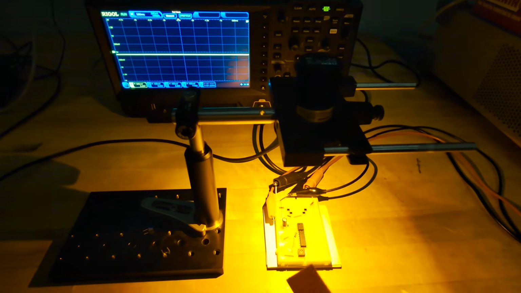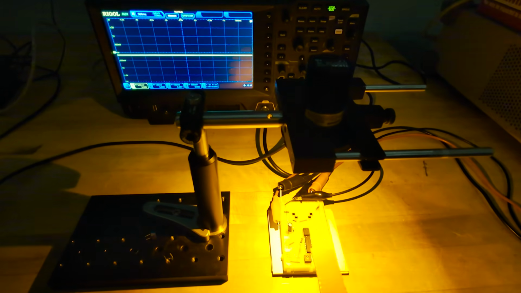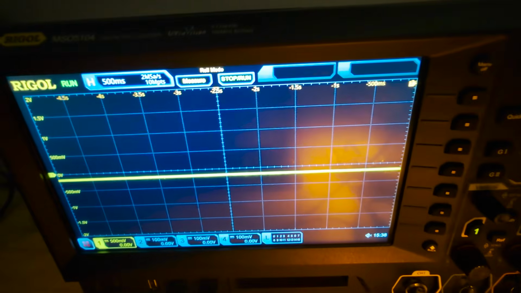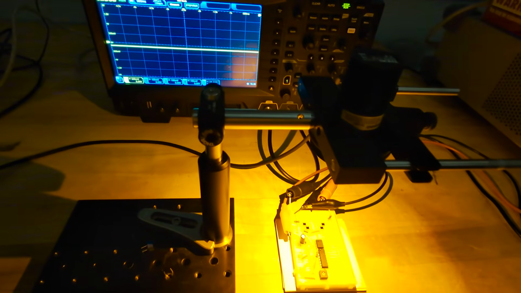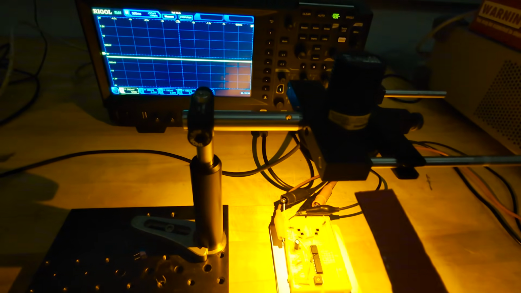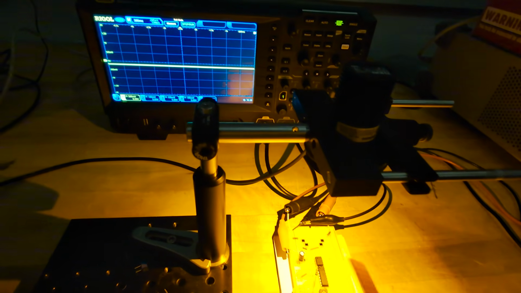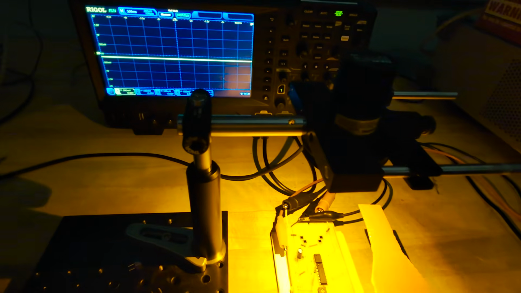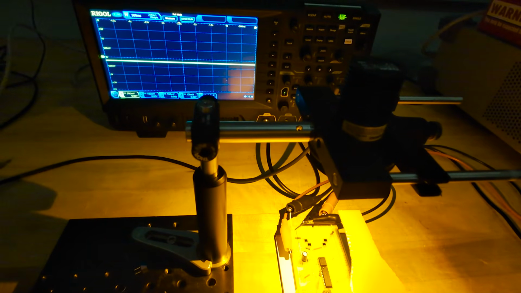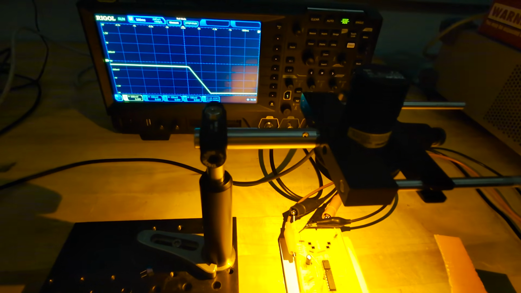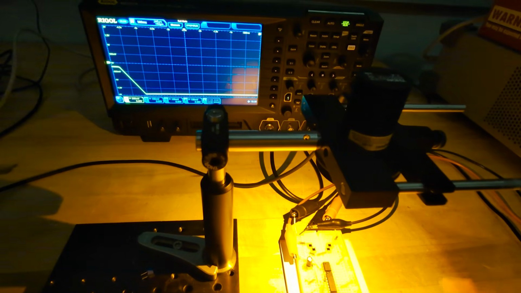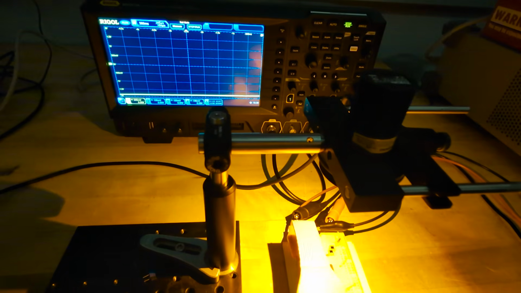I've got this piece of cardboard here that I'm going to use to block the left and right groups that we just talked about. Right now you can see we have a steady, almost near zero trace there. They're seeing the same illumination right now because we have this LED illuminating from the top, and I've already balanced it so that they're seeing about the same illumination. But what's going to happen if we block one of the groups? Now we're going to introduce a change in intensity between the two groups. And you'll see that indeed we see a change in voltage. And what happens if I block the left group?